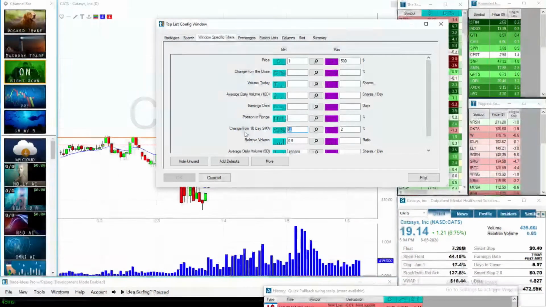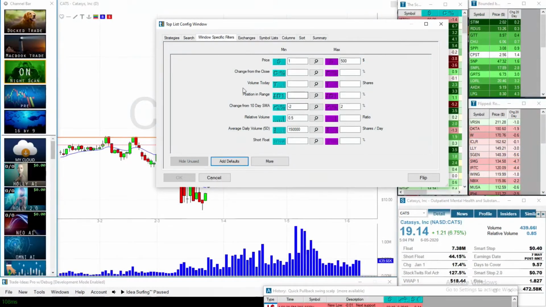Whereas a reversion to the mean trader may say, I want it to have gone crazy in the last 5 days because I'm looking to short the thing that spiked up higher, right? So again, whatever you want. And then I just said price, I don't want to trade anything under $1, and I don't want to trade anything over 500. So you can see how this screen filters out all of those 5,000 stocks into just a